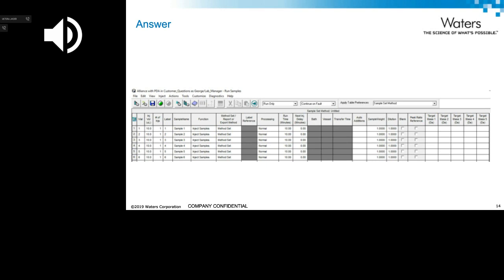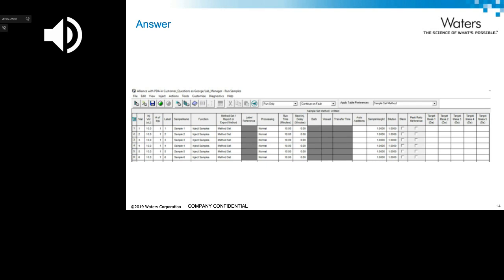But if I did need in my assay to take that number, divide it by the sample weight times the dilution factor, I can take advantage of those fields. For a standard, it works the other way around. It would take the amount and multiply it by the sample weight and divide it by the dilution factor. So it works differently whether you're looking at a standard versus a sample.